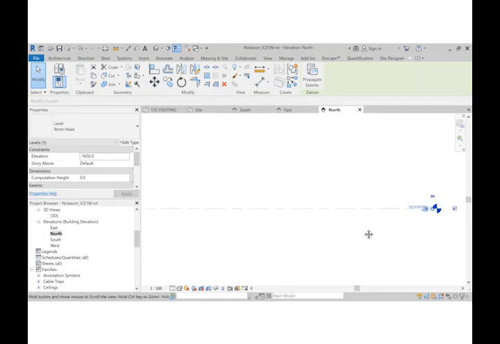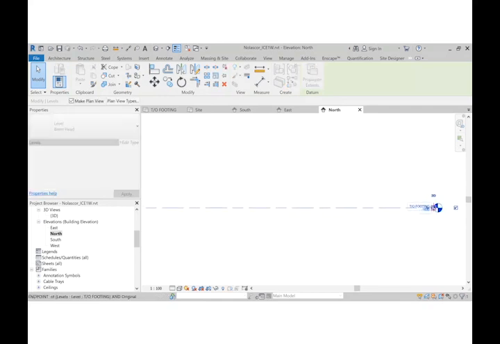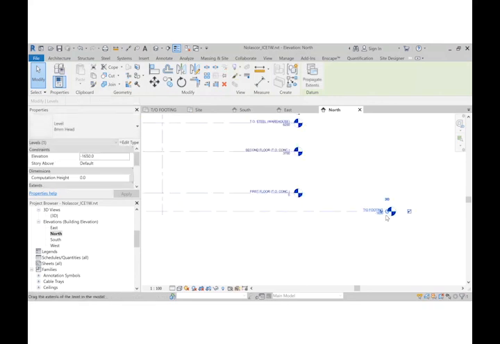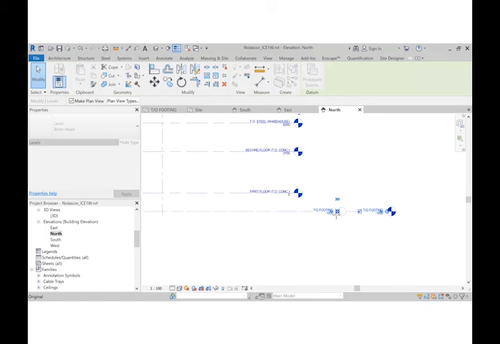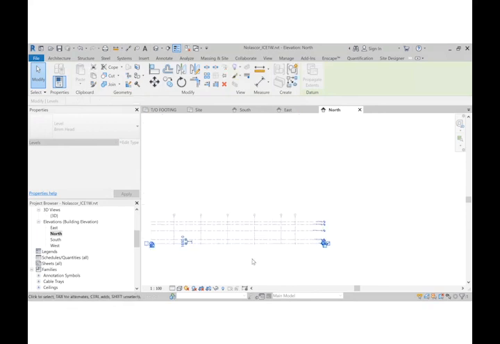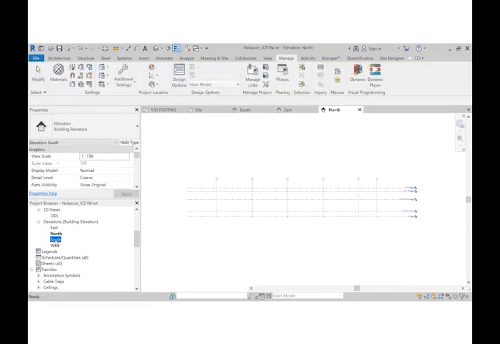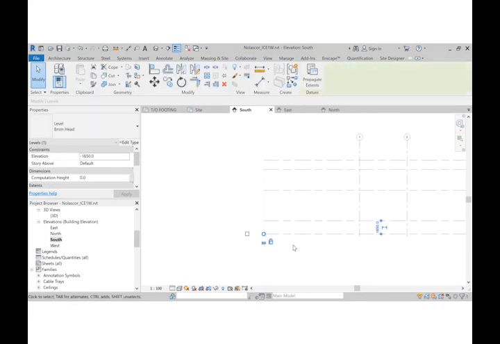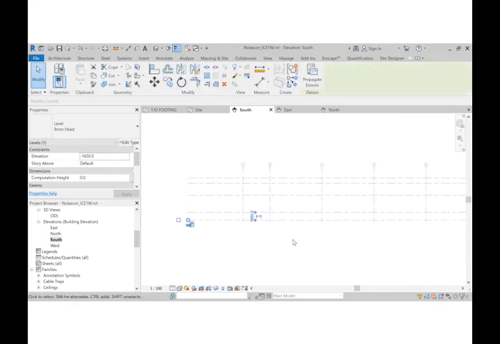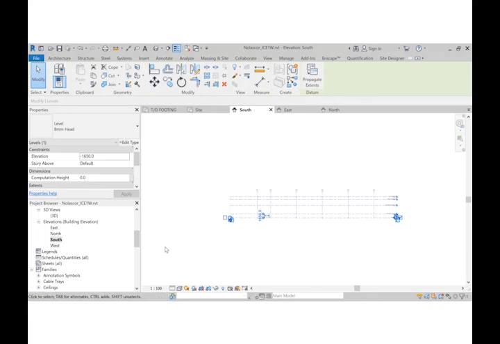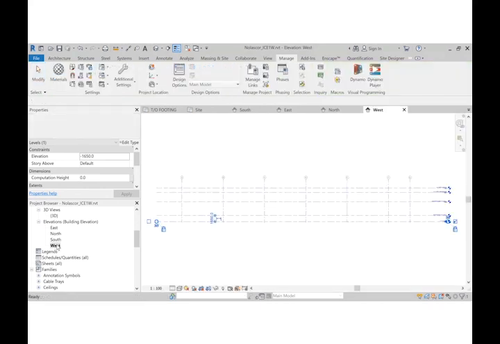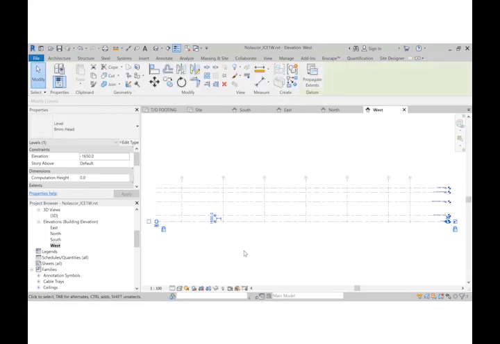And I'm going to align it again. Sometimes. So the good thing is set up, you do it once and then you're good. Okay, so let's align that. There you go. Then your elevation, north elevation will show here. South. Okay, south is good now because the north is good. West should be good because east is good. Now,